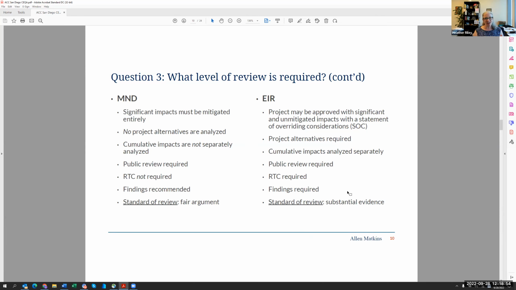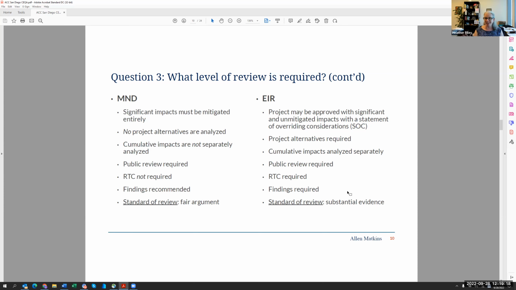The contents aren't all that much different. The public review required, when we talk about that in a little bit, isn't that much different. So if you do have opposition, conservatively, you're probably going to want to do an EIR, because it is a better document in terms of disclosure. It is a more robust disclosure. Some public agencies always want to shove you into an MND because they think it's easier.